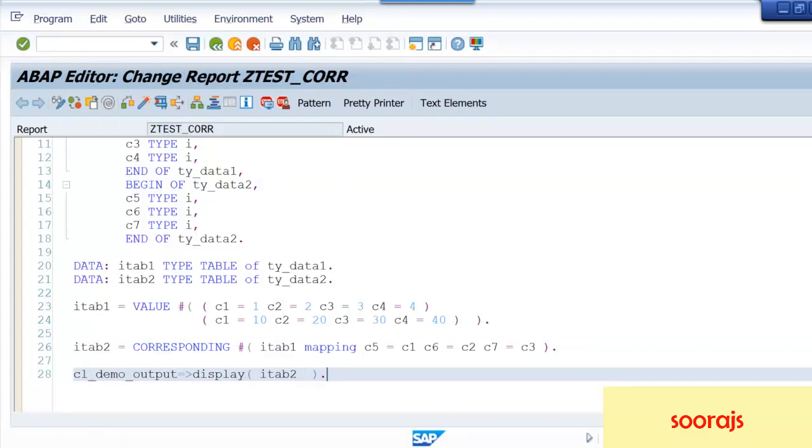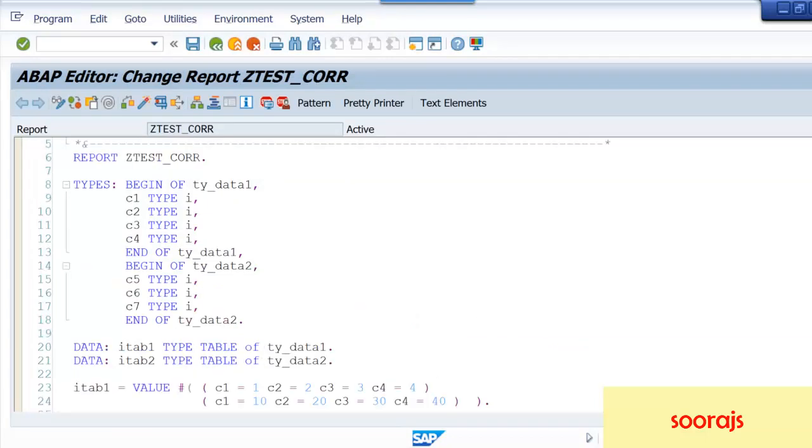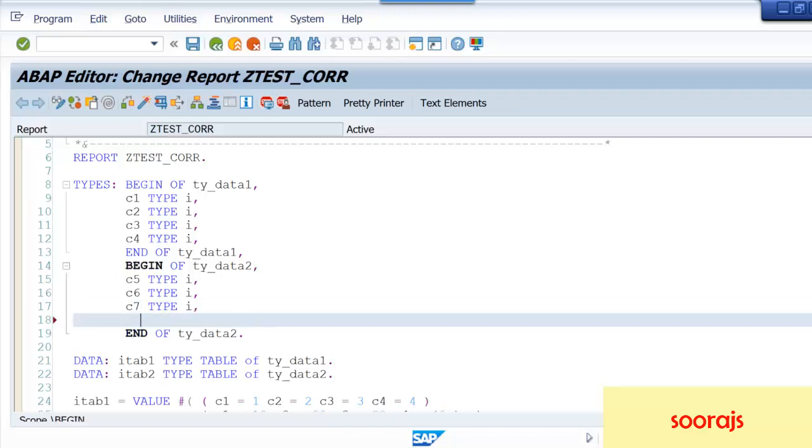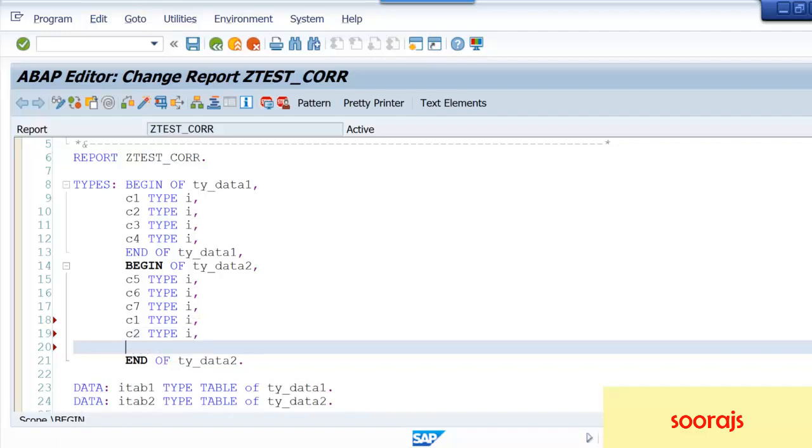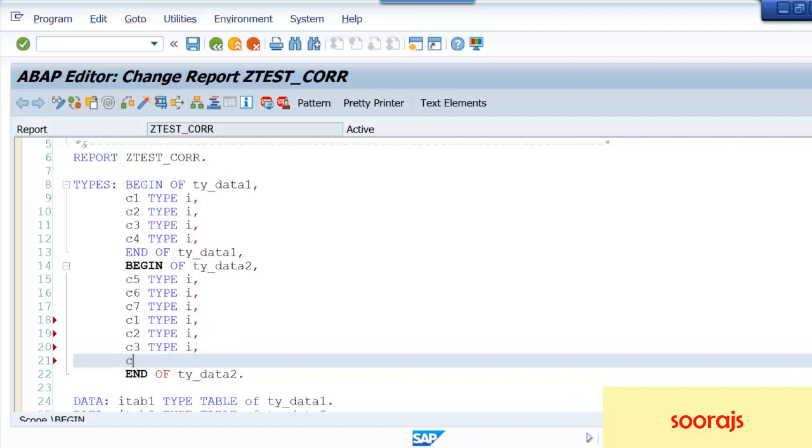So now what if I add this also: C3 type I, C4 type.